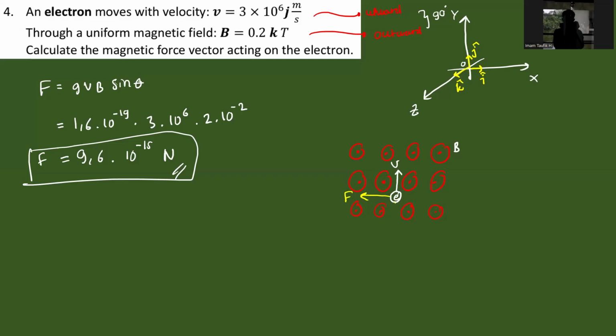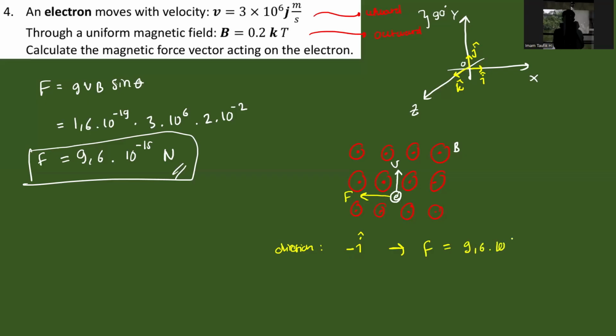If it's directed leftward, it means it has direction minus i hat. It's minus i hat. So the answer for F is equal to